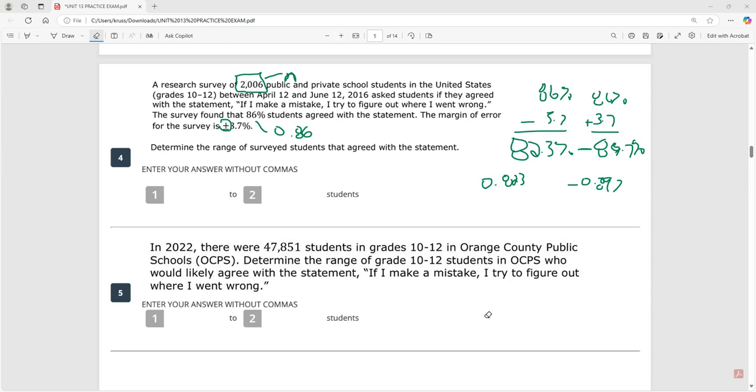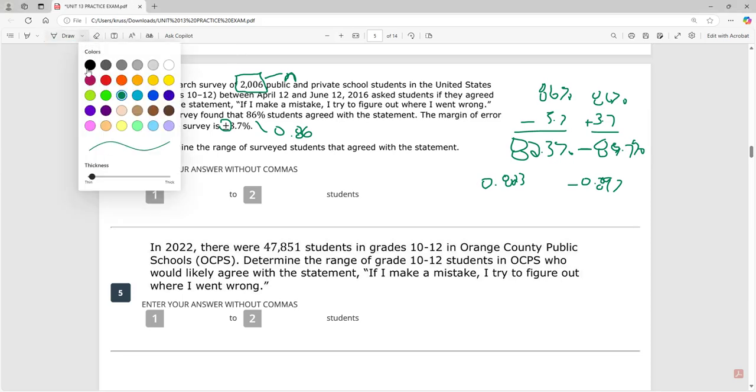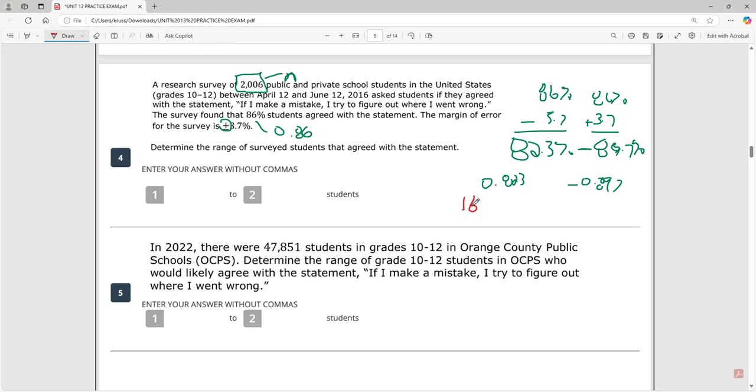That's 82.3% in decimal form times 2006, and my bottom end comes out to 1650.938. And what I'm going to do is round this number to the nearest whole number. So 0.9 rounds up to